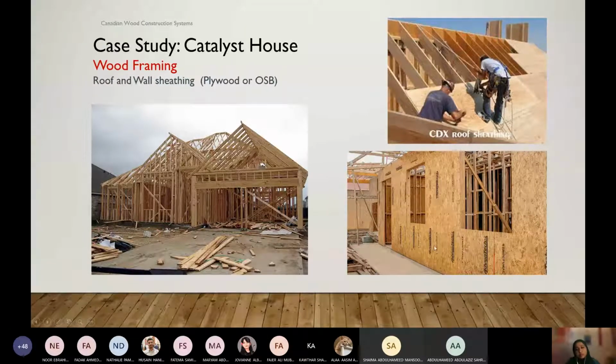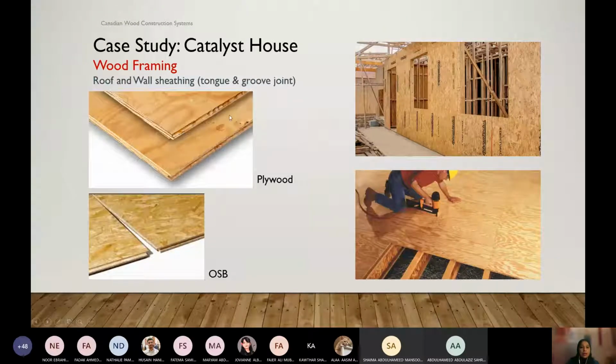Then, as I mentioned before, for the outside of the walls, we use OSB or plywood. We call them sheathing. Just the names are different, but the overall process is the same. Plywood and OSB are the panels we use for the floor, the wall, and the roof.